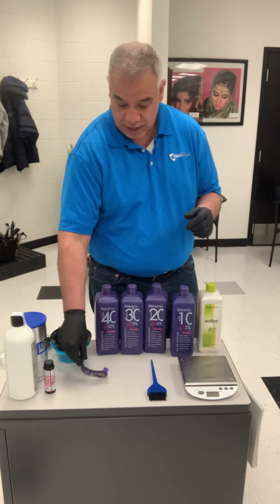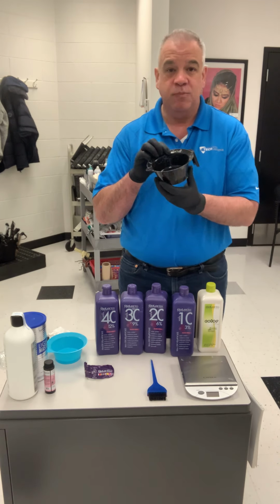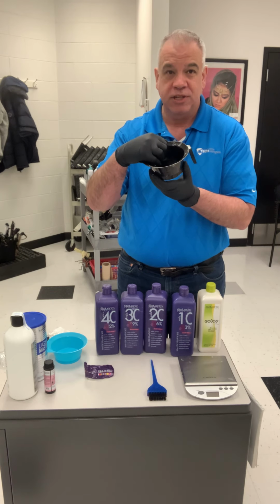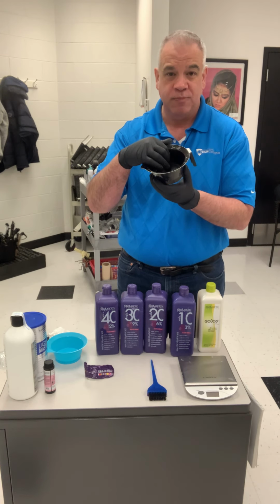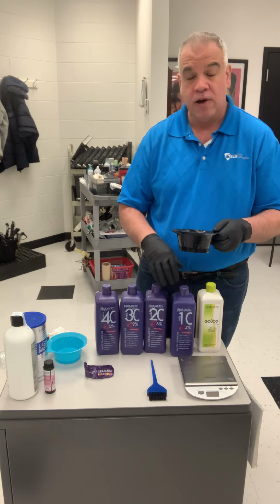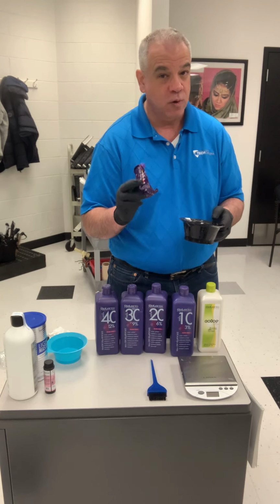So if I knew that, then what I would do from the start is, if you look inside these bowls on this rim, it has markings and measurements. So you can actually get a 2 ounce measurement there. So what I would do from the start, if you don't have a scale and you know you've got 2 ounces here because it says it on the tube and you're going to use the whole tube,